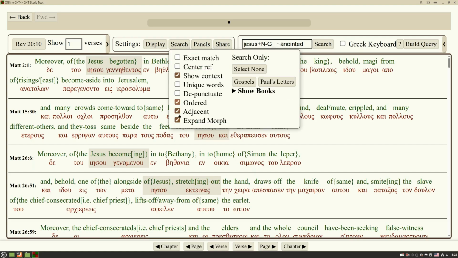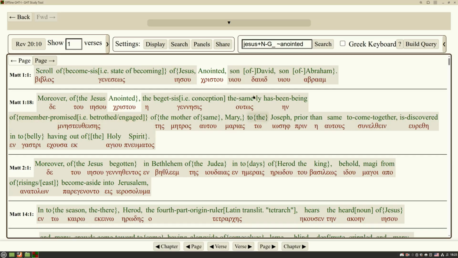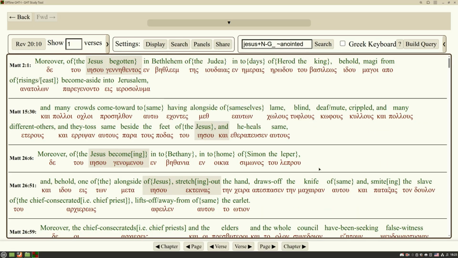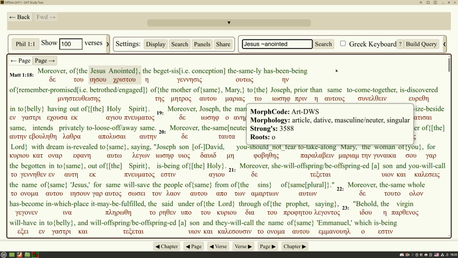And of course, when I had ordered and adjacent off, almost everything came true because most words are not anointed. So of course, when you're using the nots, you should probably do that in combination with either a different word or by using the and to narrow your search. You can get really creative with this. Now, one other option